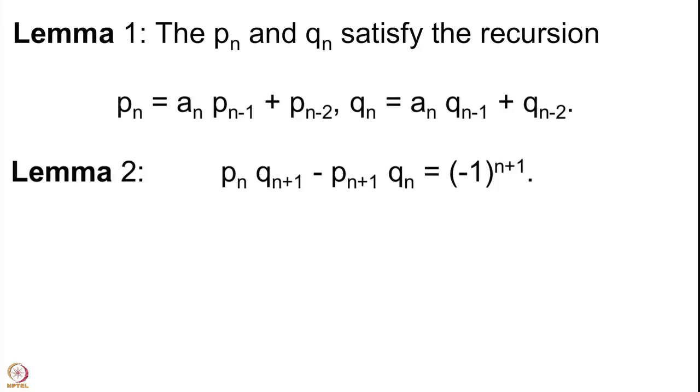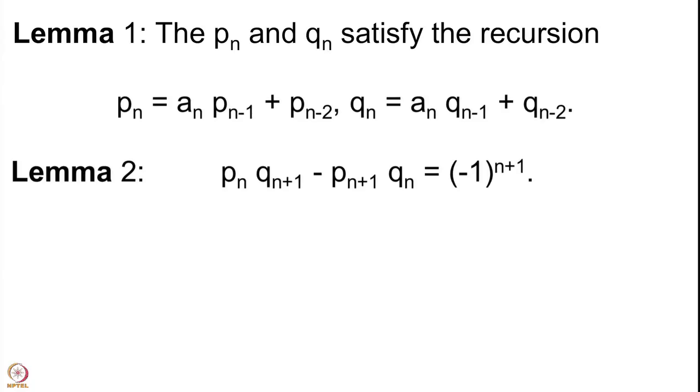But we note that Pn and Qn can be constructed recursively, and this recursive construction is very important because it will tell us how Pn plus 1 and Qn plus 1 behave compared to Pn and Qn. So, we will use this information to get to our proof. This is the first lemma that we are going to use. There is a second lemma which says that Pn Qn plus 1 minus Pn plus 1 Qn is plus or minus 1. It cannot be anything else than this. So, this number is always plus or minus 1.